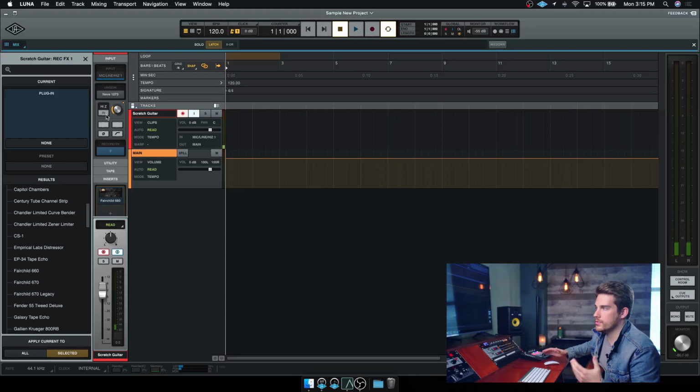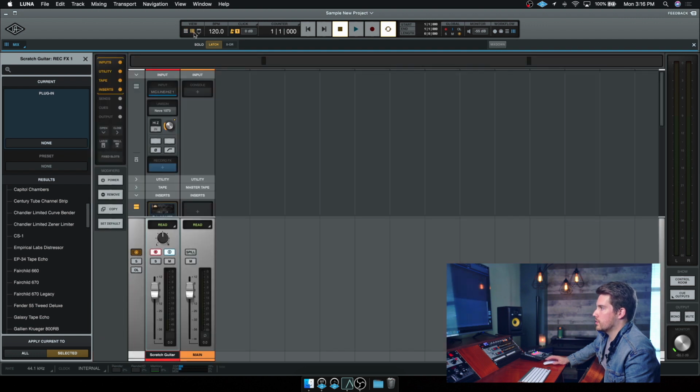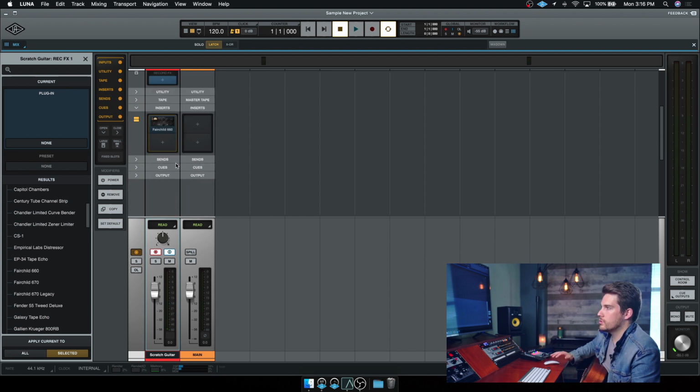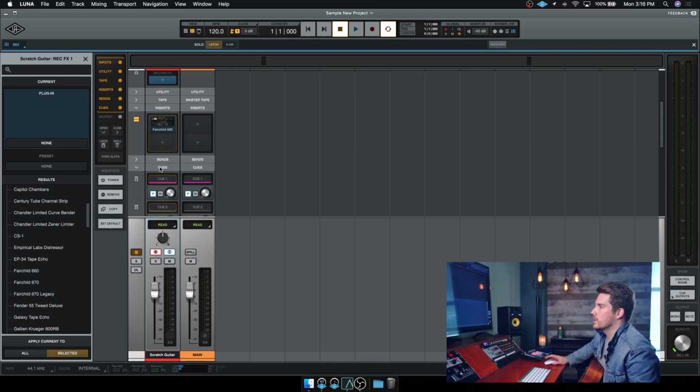So now that our track's record enabled, input enabled, what we can now do is also build unique individual headphone mixes. And in order to do that, let's look at the mixer view first. So in this mixer row, we've got the input, utility, master tape, inserts. We've also got sends and cues. I'm gonna briefly touch on this because I'm gonna make a video later on specifically going over headphone mixes, but real simply put, what I could do is go to the cue,